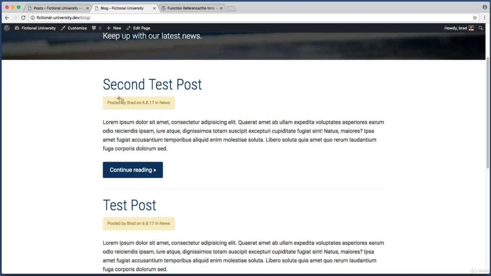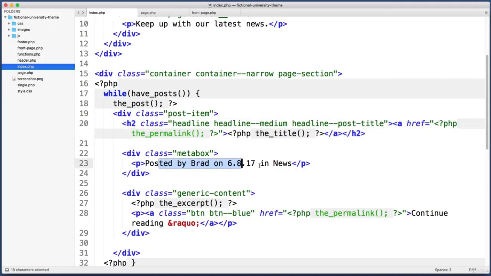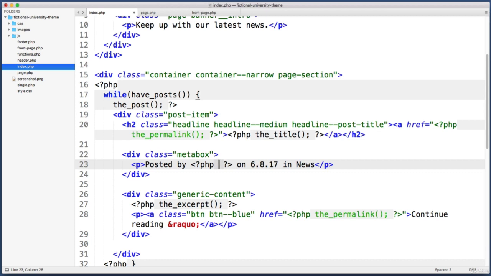Next, let's make it so that this MetaBox info is not fake and hard-coded, but instead pulls in real dynamic information. So here's that paragraph posted by the author's name on a certain date in a certain category. So let's hollow out each of those 3 things one by one. Let's start with the author's name. So I will delete the hard-coded Brad, and then instead let's drop into PHP and call a WordPress function named